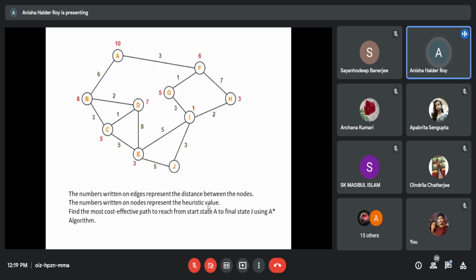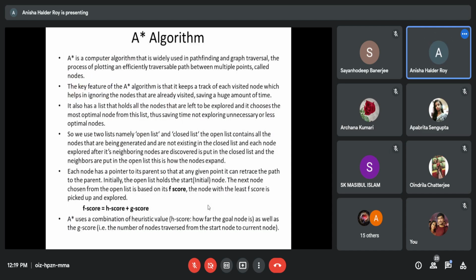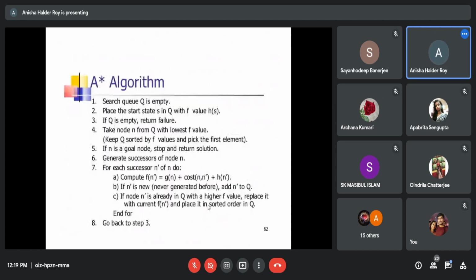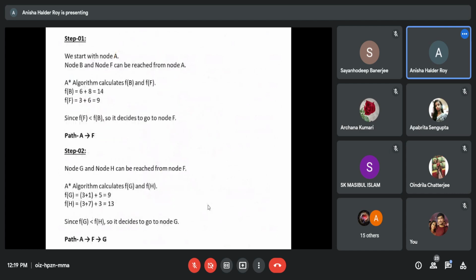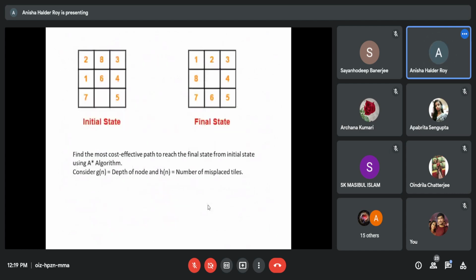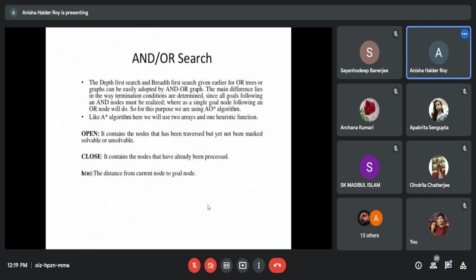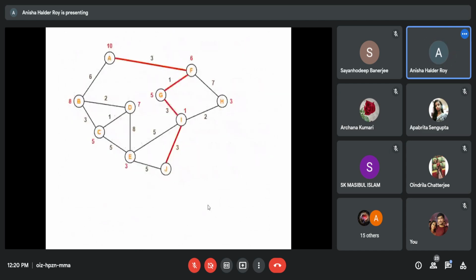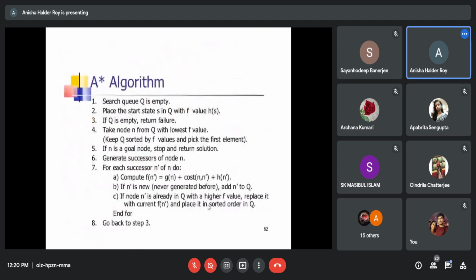So now, see the 8 puzzle problem. What is the algorithm? Here is the algorithm. Just write the best first search again.